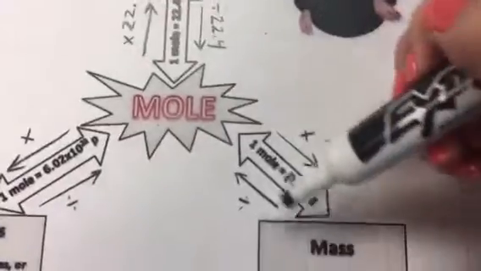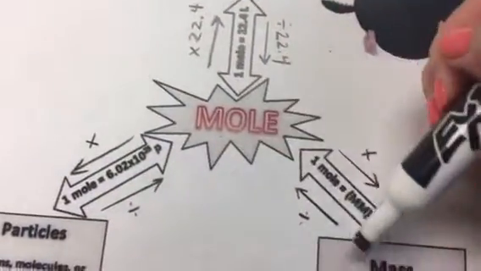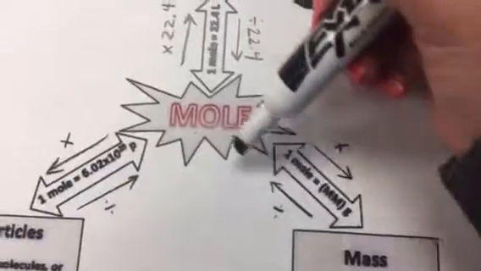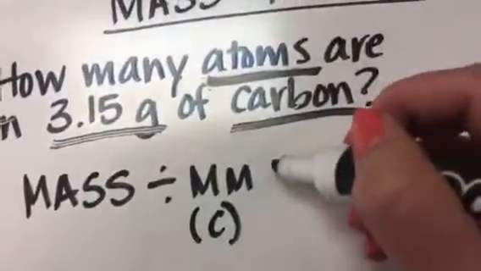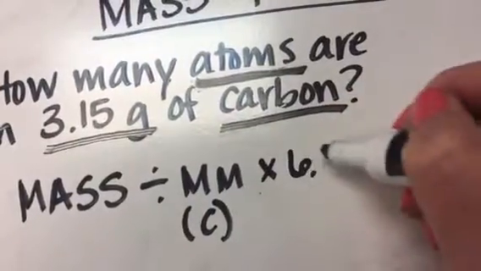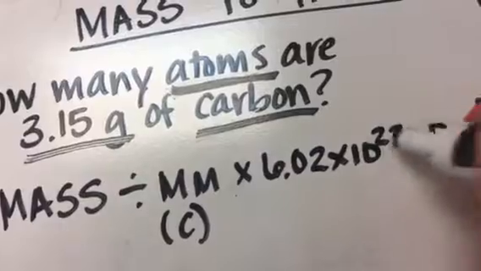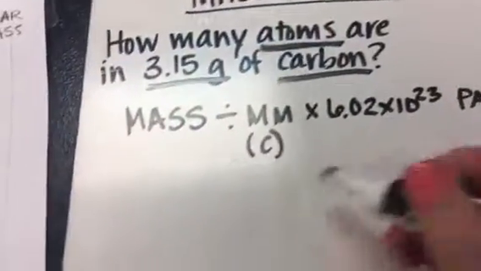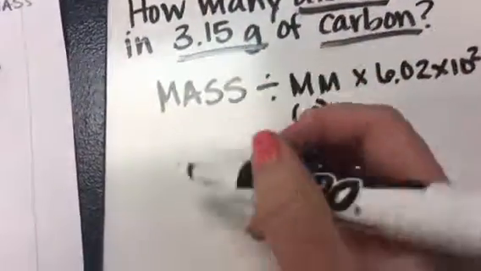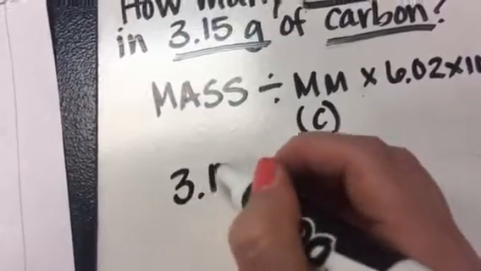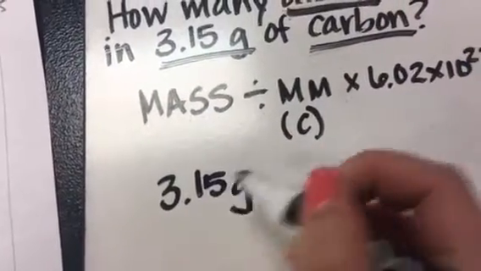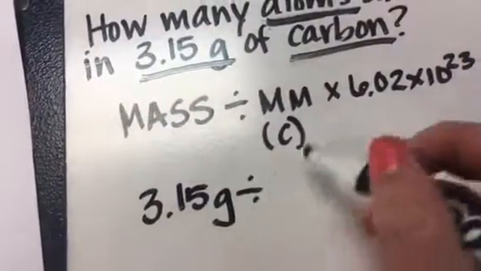Again, I'm just following this: divided by molar mass of carbon. Don't worry that the moles are here. We're doing it all in one step. So divided by molar mass, multiplied by Avogadro's number, 6.02 times 10 to the 23rd. That will give us particles. So mass, 3.15 grams, divided by molar mass of carbon,